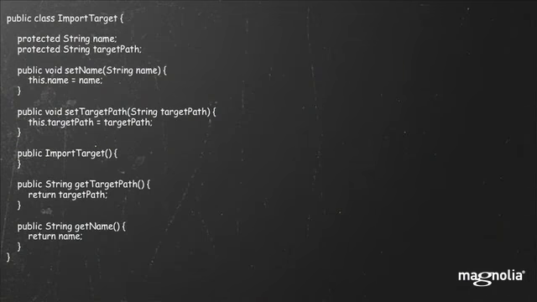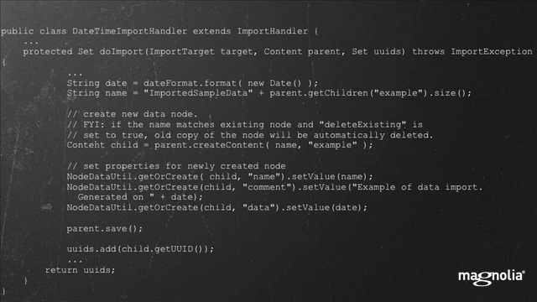So to make it a little more clear, the import target, again, is just a container for your options, and this is the entire source code of the class that's provided. It gives us a field for name and a field for target path. Again, often that's going to be entirely enough for what we need to do. And here is the datetime import handler,